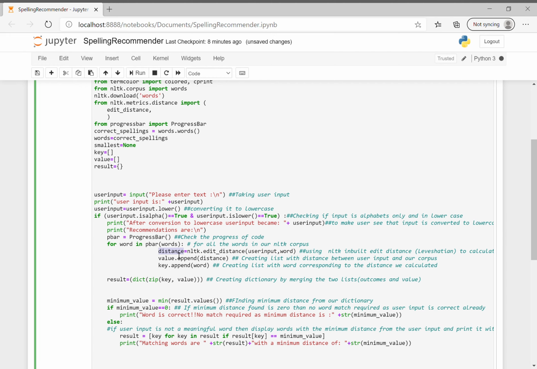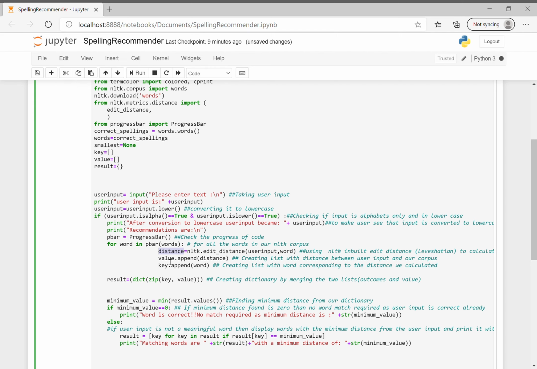However, 1 will indicate that one character of the given input differs from the word in the dictionary, and we will also be able to see at the end what the possible word for the given input could be.